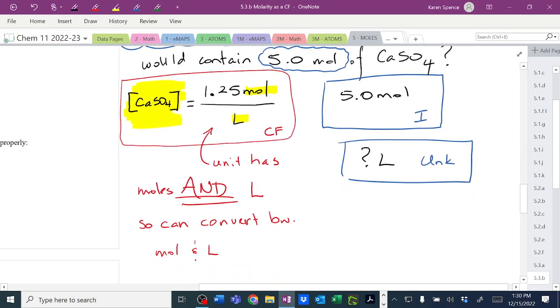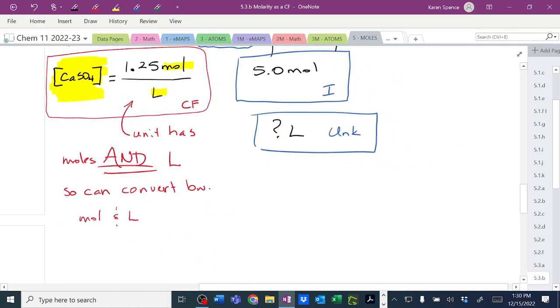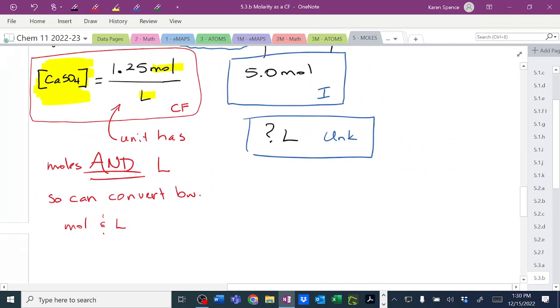So we now have three pieces of information. And remember, your unknown is equal to your initial times your conversion factor. So our unknown, I don't know how many liters, is equal to my initial quantity, 5.0 moles,